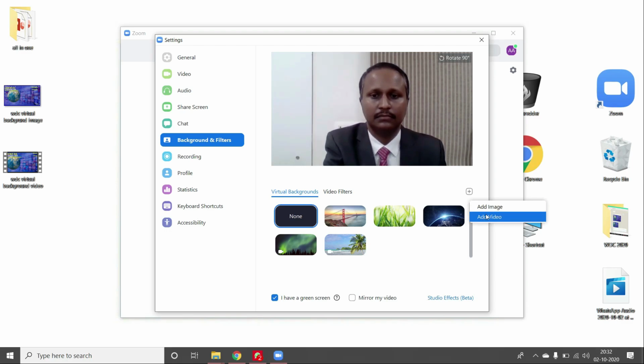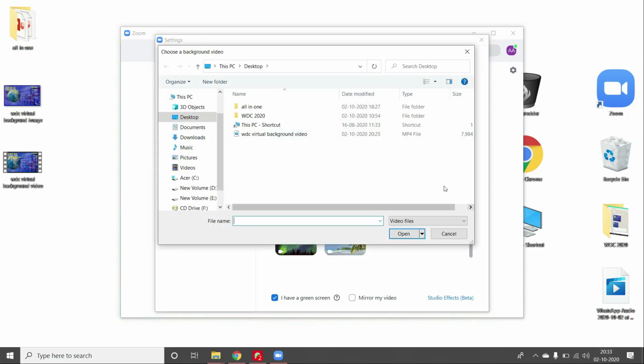So it depends on the laptop which you have. Don't worry. If you find the add video option, click it. And if you see only add image, you'll be able to add only the virtual background image. Now I'm clicking add video and selecting the virtual background video downloaded from WhatsApp.